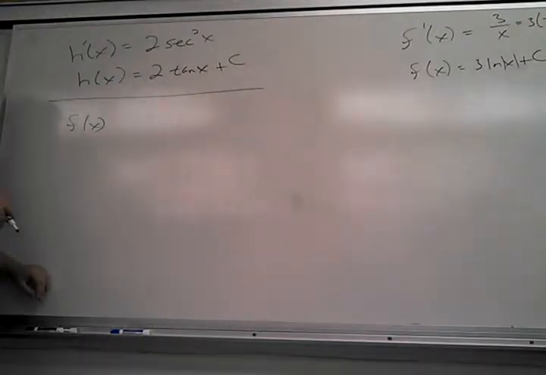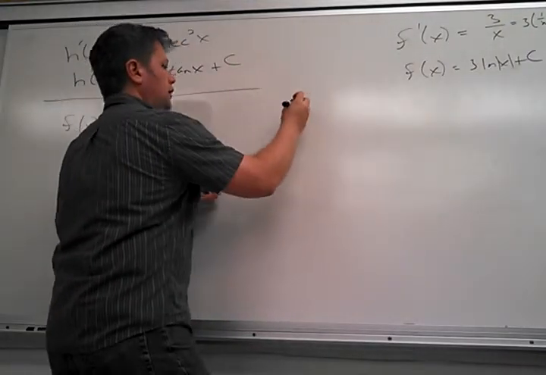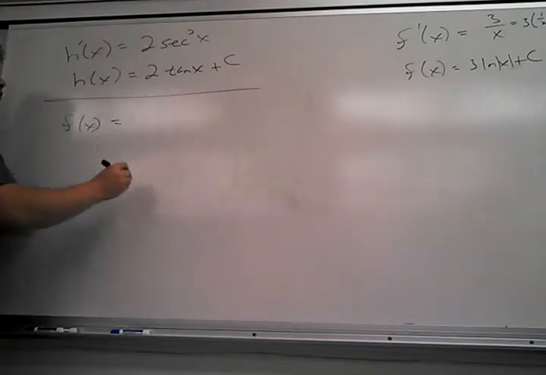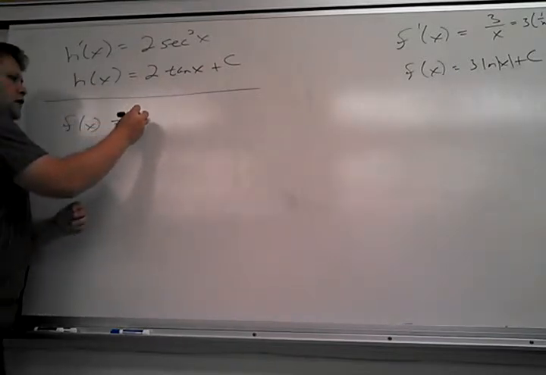The 2 secant square x, right? It came from 2 tangent x, or no? No. Here's a really big key. Only, in fact, I'll make this one. Let me remember what, oh yeah, okay. So let me change my idea here. So what if I had,